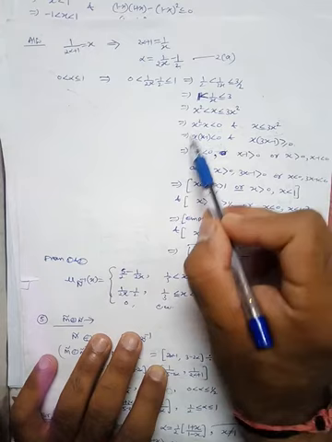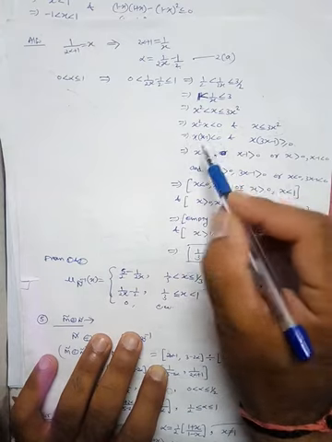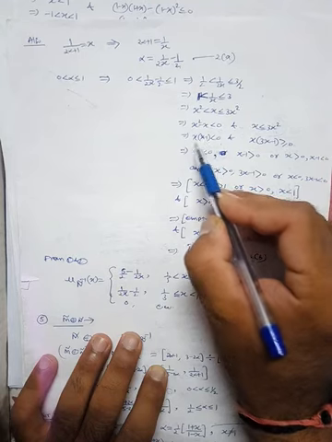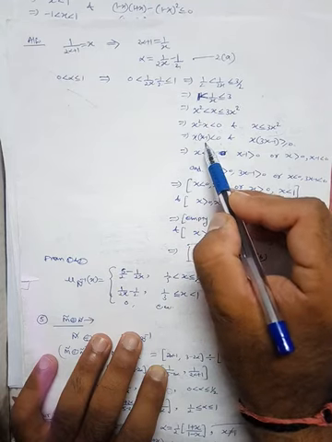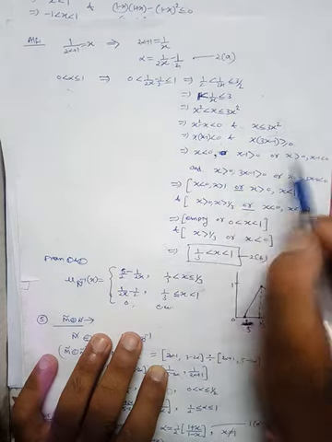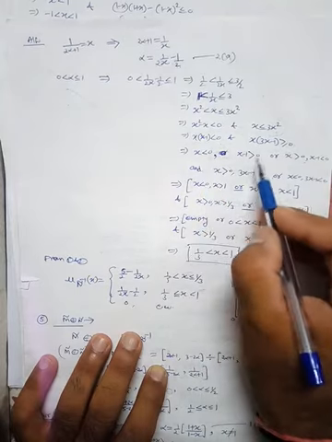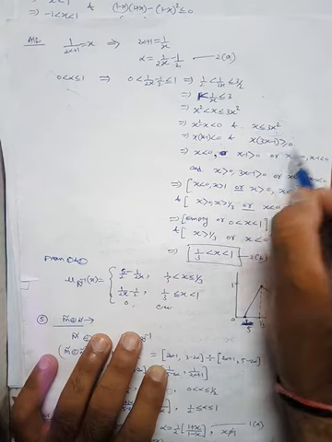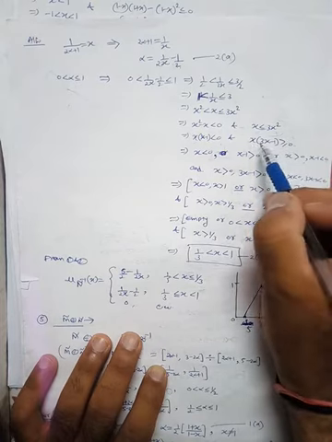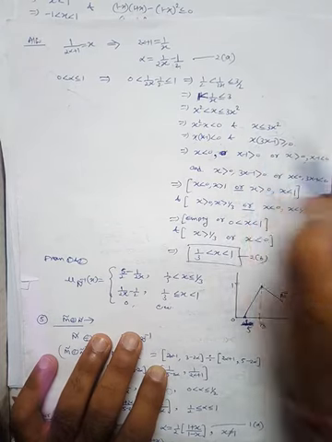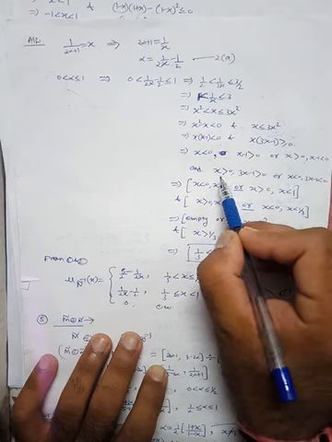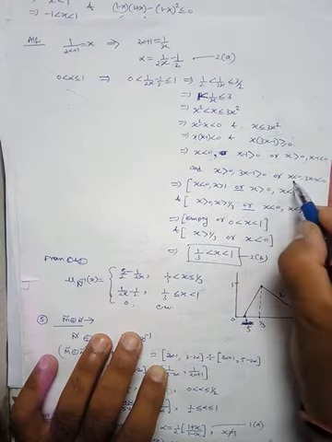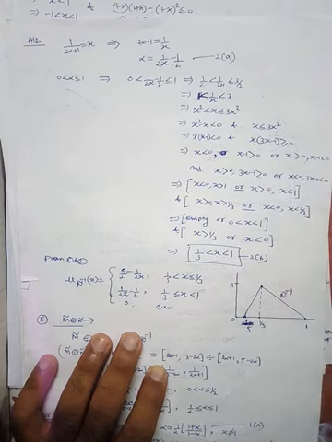Fine. Now here this is possible only when either x is negative and x minus 1 is positive, or when x is positive and x minus 1 is negative. So that's why we are having two cases. So x is less than 0, x minus 1 is greater than 0, or x is positive and x minus 1 is negative. Similarly for the second part, this is possible only when either both are negative or both are positive. So when both are positive, then x is greater than 0, 3x minus 1 is greater than 0, or when both are negative, x is less than 0, 3x minus 1 is less than 0.